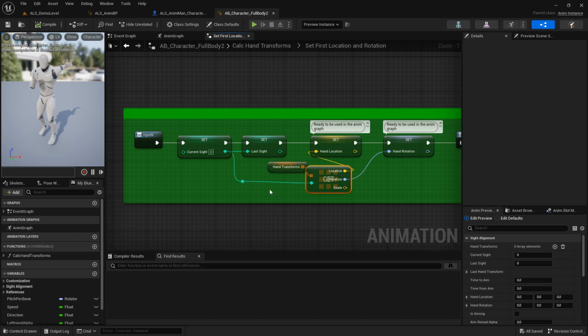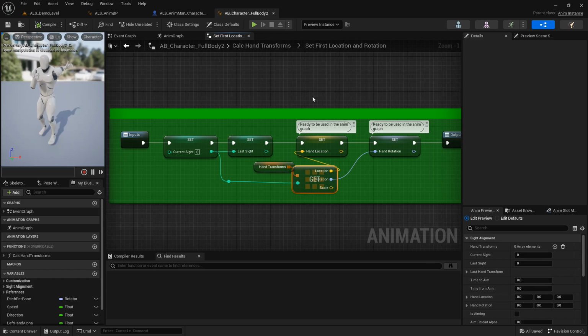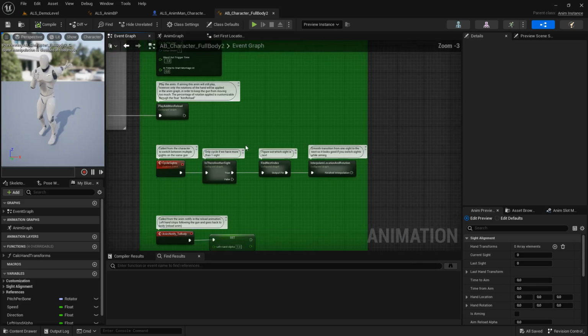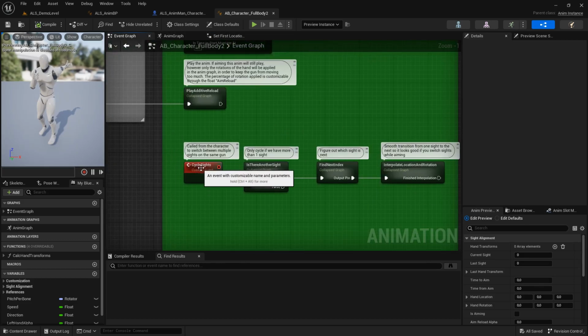So at the end of the function, we grab only the first item of the array, and we set hand location and hand rotation according to this transform. And hand location and hand rotation are the values that are used in the animation graph to actually place the right hand in front of the camera so the sides are aligned. And when we need to switch sides, we press the cycle sides button and we call this event cycle sides,